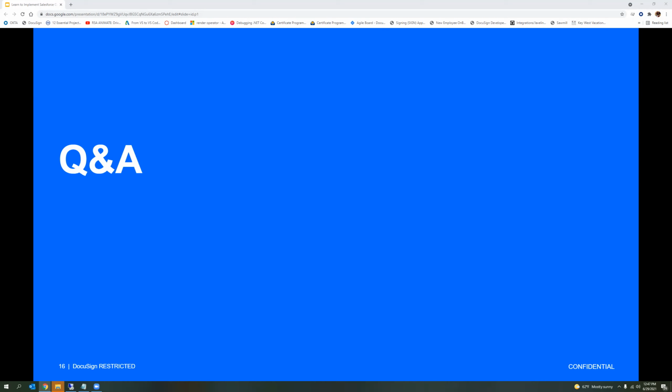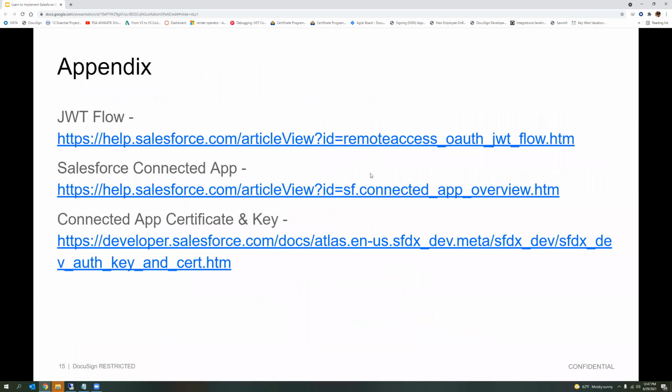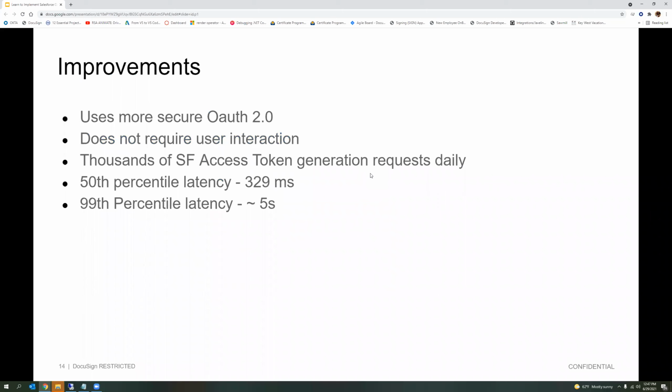One thing I want to add to our improvements page, as you saw that our 50th percentile was a little over 300 milliseconds, but our 99th percentile was about 5 seconds. Now you have to take into account that DocuSign is calling into Salesforce API across the internet, and we don't have any guaranteed leased line to Salesforce.